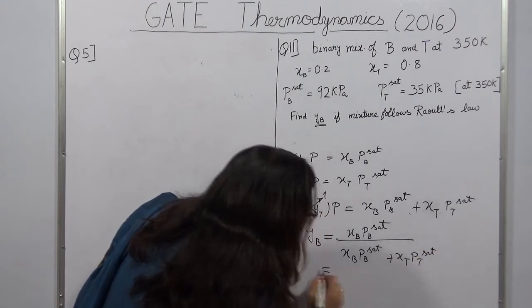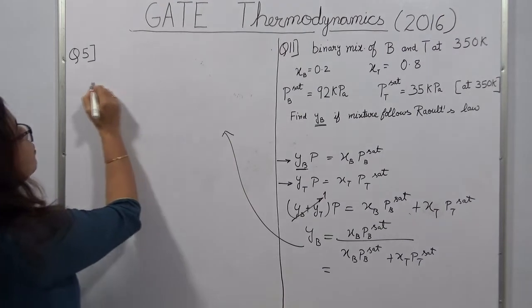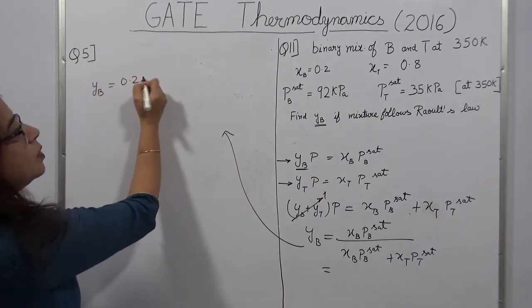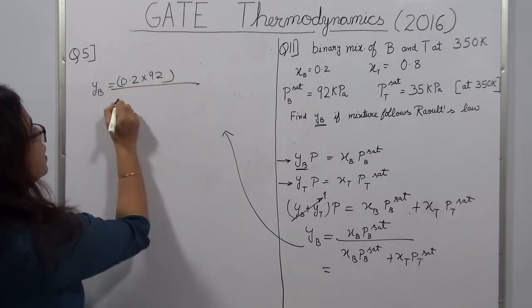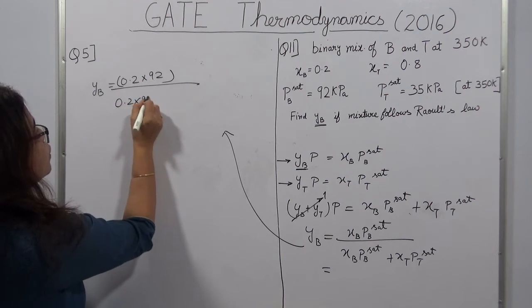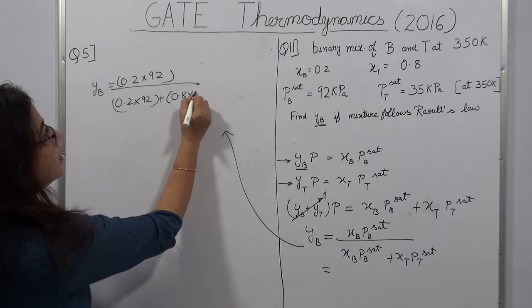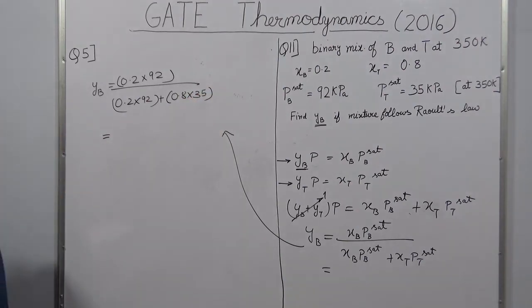Now put the values. Okay. If you cannot see, I will write it over here. So my YB is equal to XB is 0.2, PB is 92, that thing divided by 0.2 into 92 plus 0.8 into 35. Do this calculation and you will directly get the answer for the mole fraction, which comes out to be